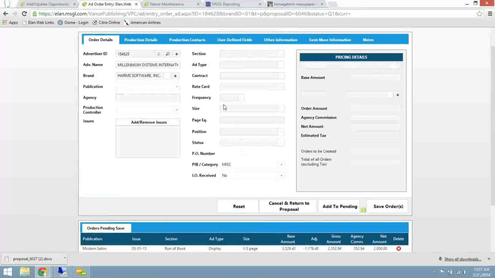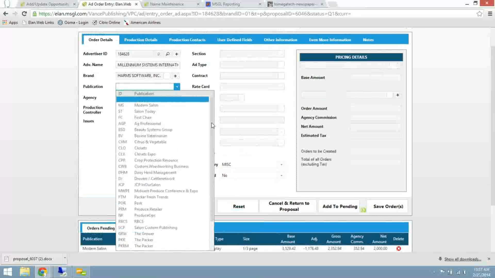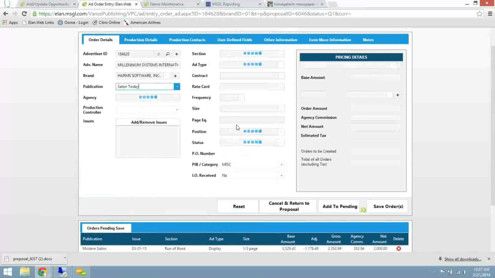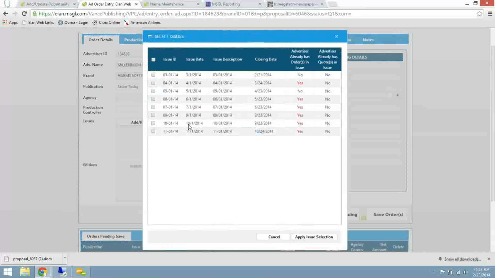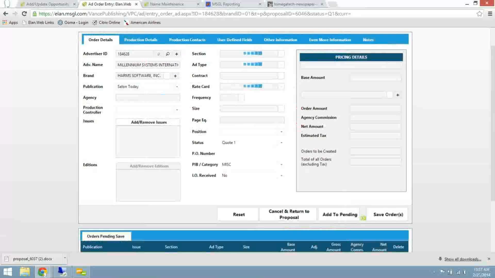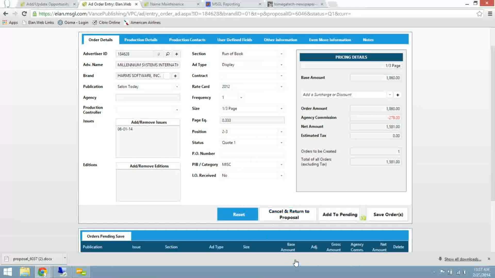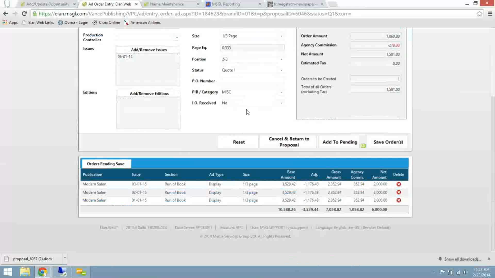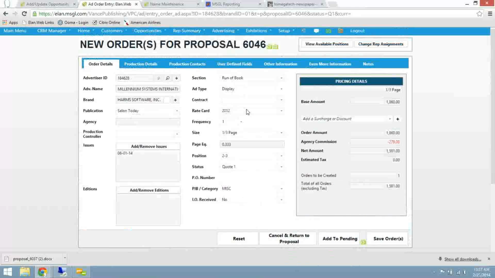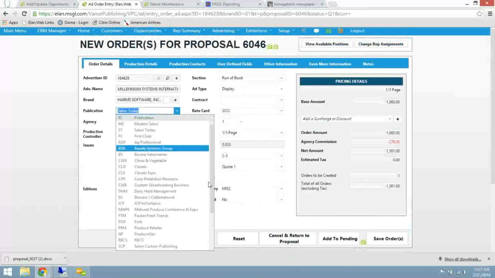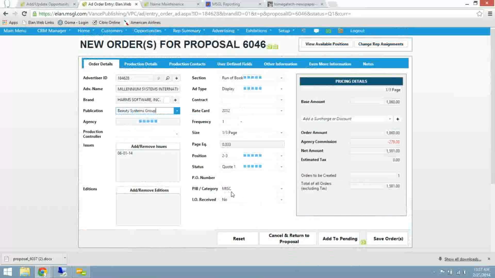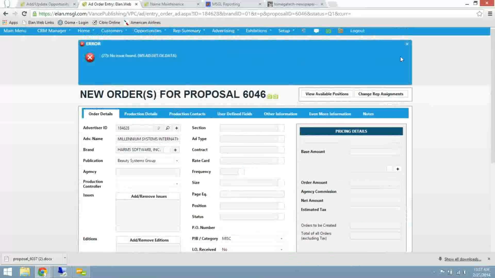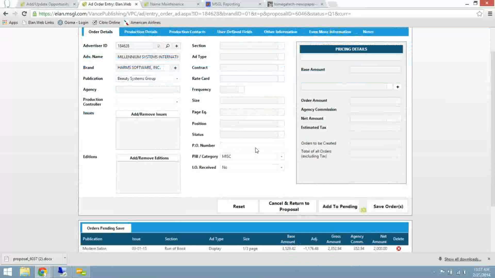I did want to show you, you may see, if for some reason you had never gone into this advertiser before, maybe it's a new advertiser, that when you actually go into a new advertiser for this publication, I will select the publication anyways. What would happen is if you'd never gone into this publication for this advertiser, you would get a pop-up